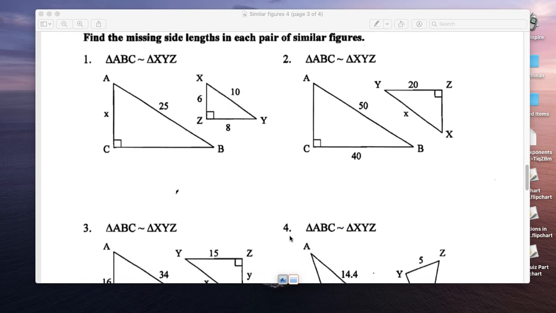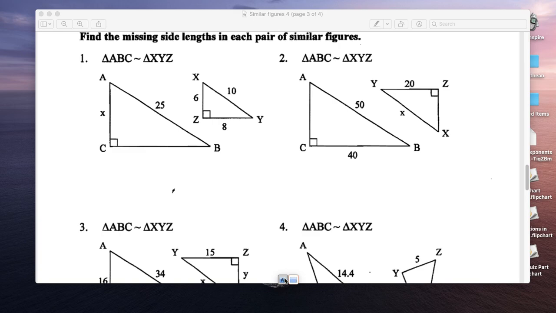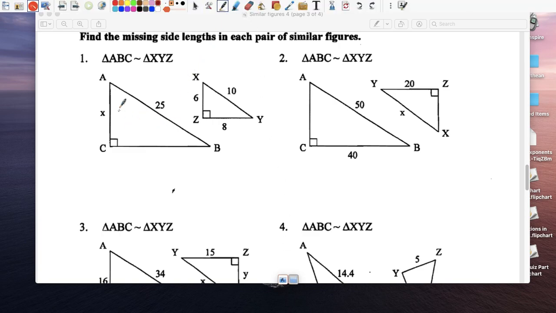Again, it says that they're all similar. Find the missing lengths. So the hypotenuse 25 corresponds to this one. The x corresponds to this one. So I'll put one line. Set up your proportion. So triangle 1, triangle 2. The ratio of x to 25 is the same as the ratio of 6 to 10. If I simplify this, divide by 2, this is 3. Divide by 2, this is 5. Look how much easier that is. Times 5, and this is going to be times 5. So x equals